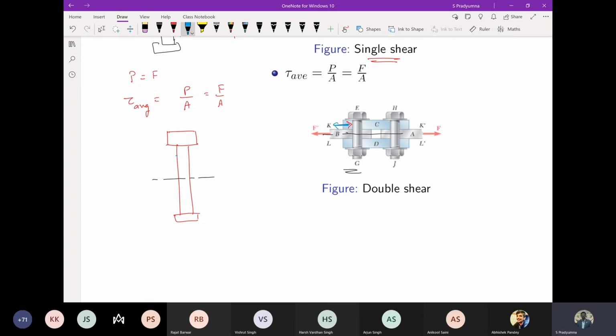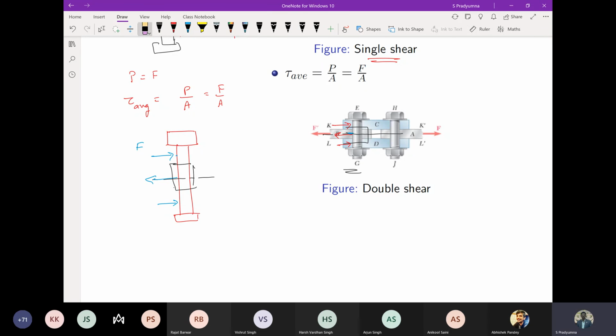In this direction you have a force, that is F. And here I also have a force. Wait, I just have to correct it. So here I have a force in this direction, and here I have a force in this direction. Okay, so now I'll change it. So I have a force here in this direction, and a force in this direction. If I cut this somewhere here, maybe between these two, so I cut the section somewhere here.